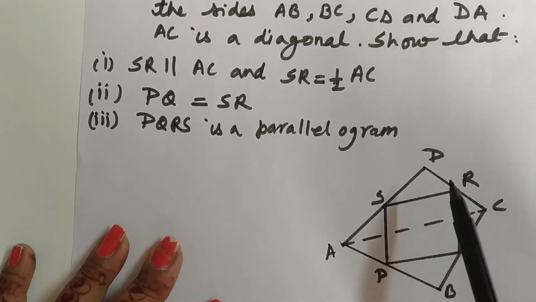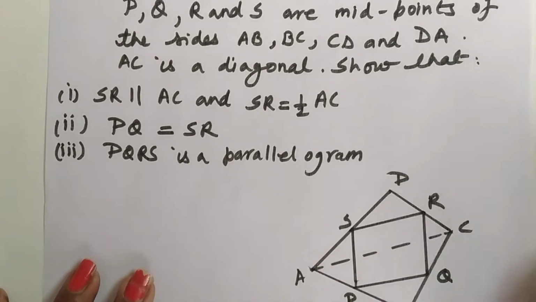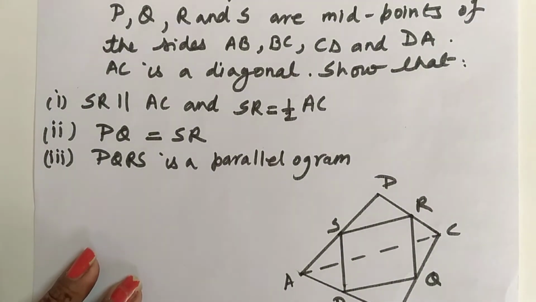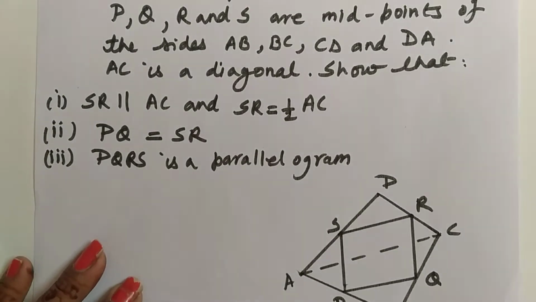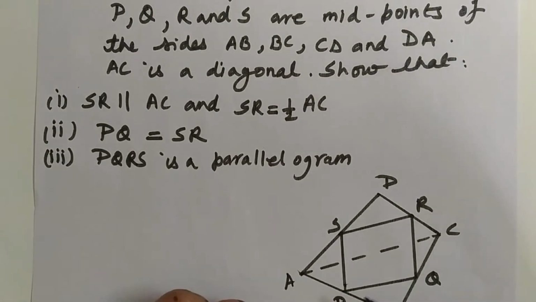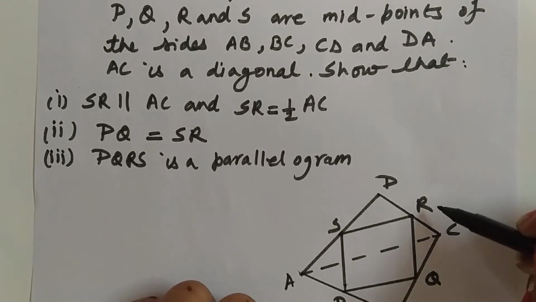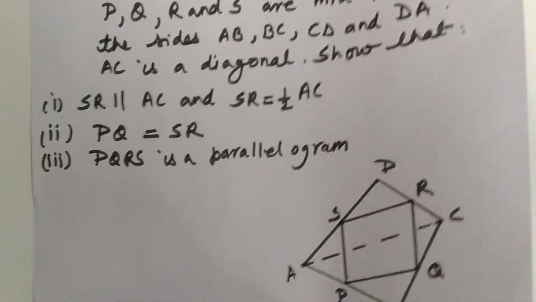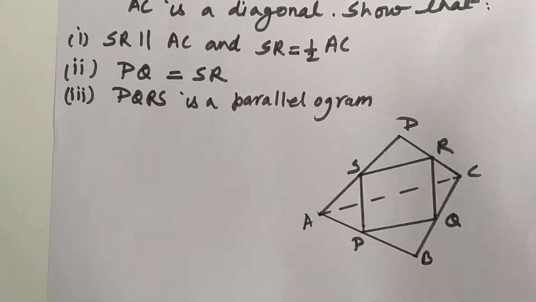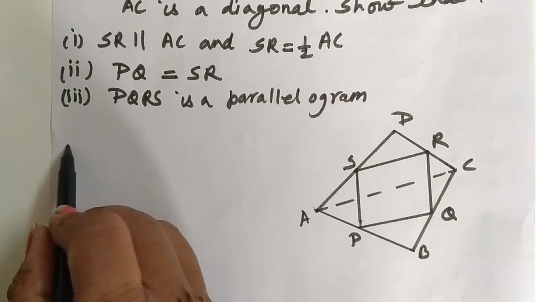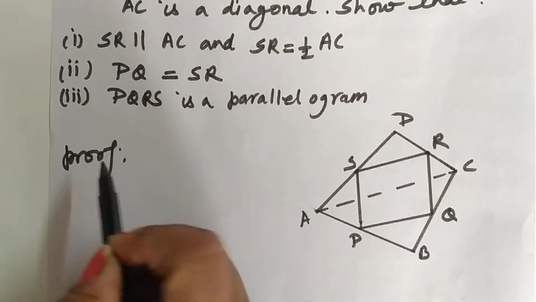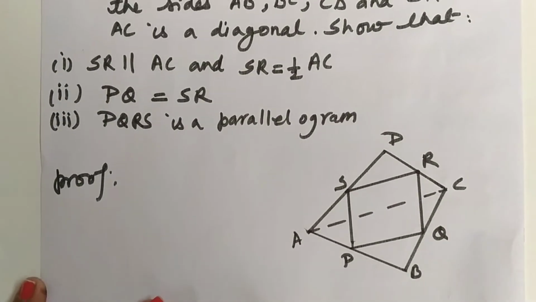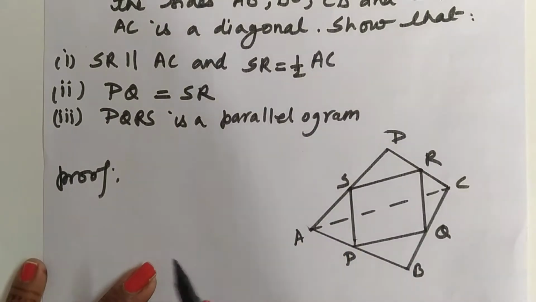ABCD is simply a quadrilateral, which as we know is a closed figure having four sides. P is the midpoint of AB, Q is the midpoint of BC, R is the midpoint of CD, and S is the midpoint of AD. So let's start with the proof. How can we prove this? This question is actually very easy. If we consider